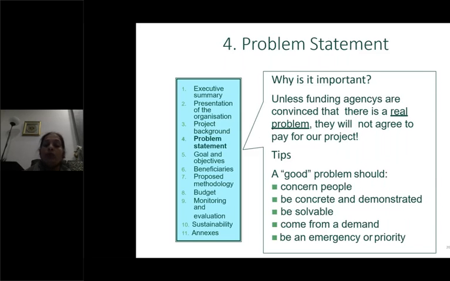And then, as I told you, from the background you identify the problem statement, and that is very important, because your whole objectives are based on your problem statement. Until you formulate the problem statement,